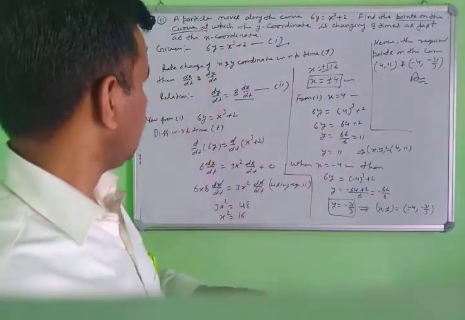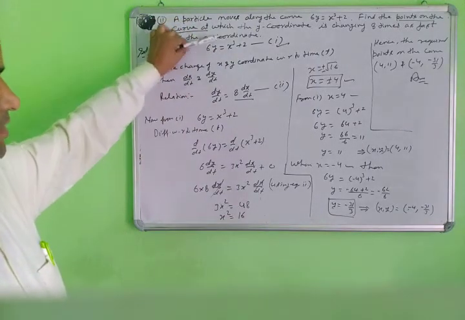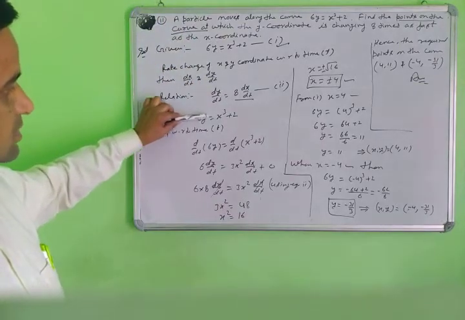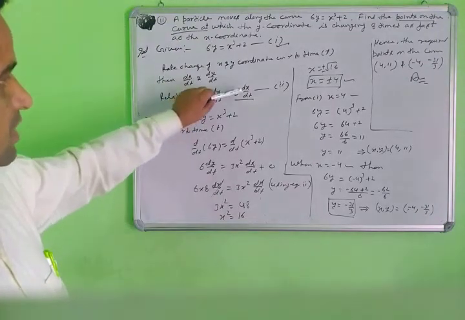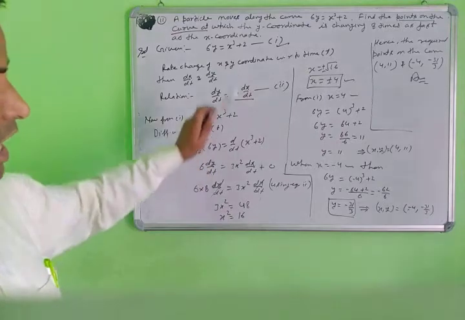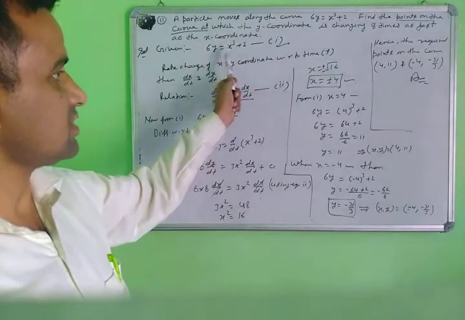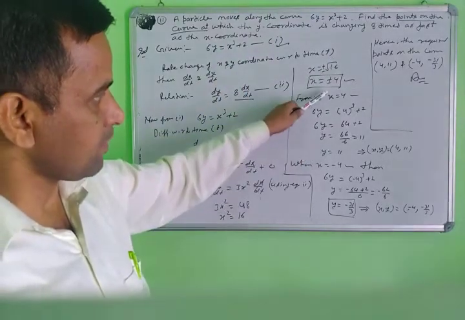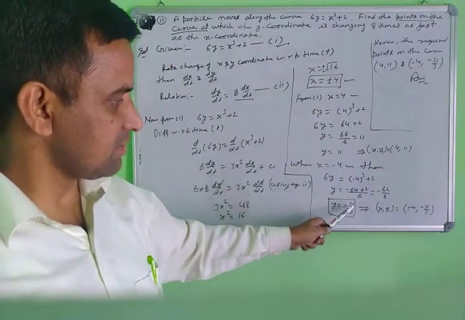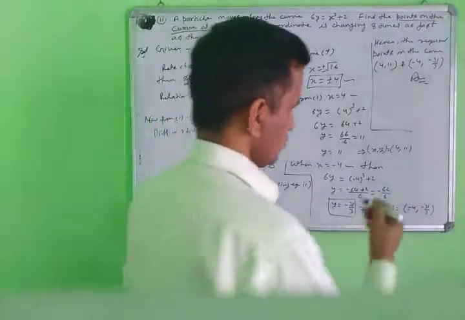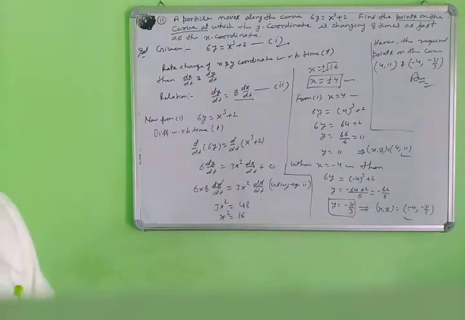This is a very simple thing. First you read the question carefully and write what things are given; these 4 steps are given. Next, the solution: 6y equals x cube plus 2, differentiate this equation and put the given condition to find the value of x, which is plus minus 4. Then use plus minus 4 in the first equation to find y. Putting the positive value gives 11; putting the minus value of x gives the minus value of y. This is your required point and final answer. Very, very important question, note it down.